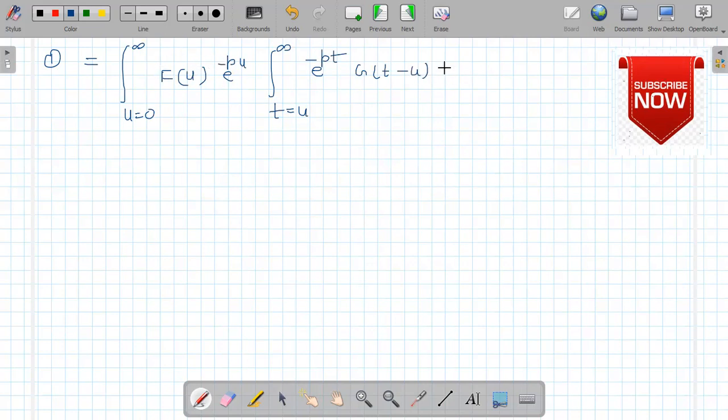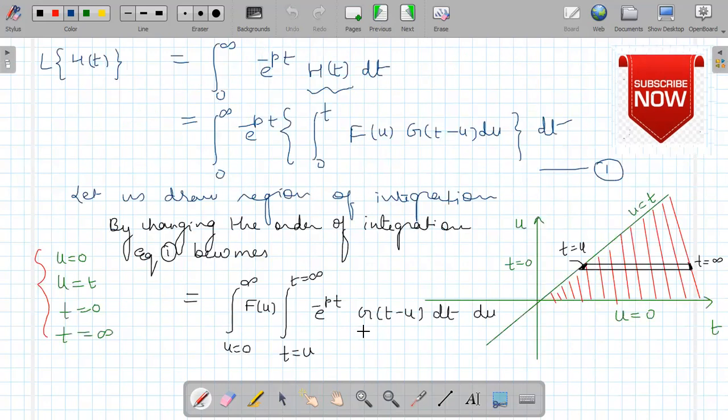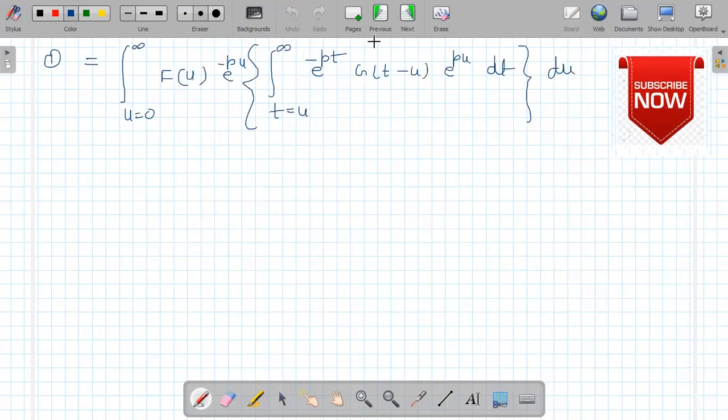This is minus pu and here I put pu. Okay, that doesn't make any change. So here I multiply e^(pu) and e^(-pu), these two terms inside this. So e^(pu) will come here to make it t minus u when you take the minus sign common, and e^(-p) will go with this. Okay, so this is equal to